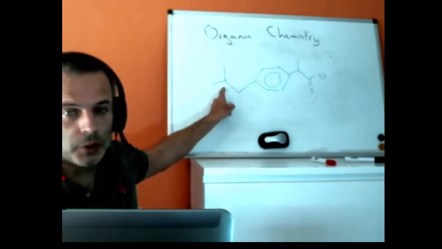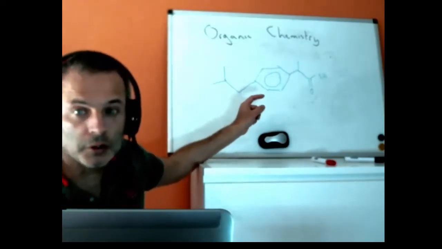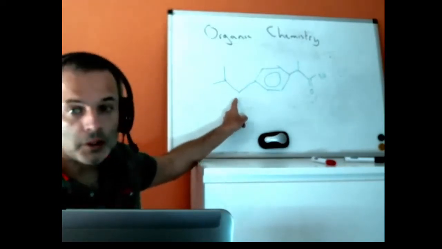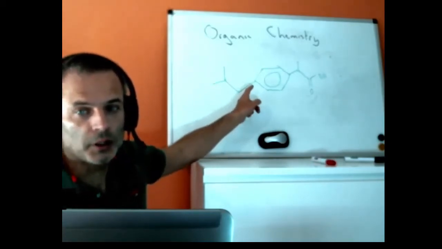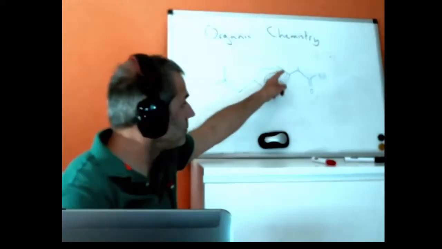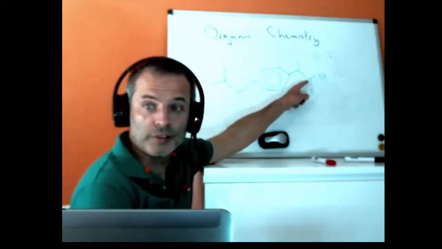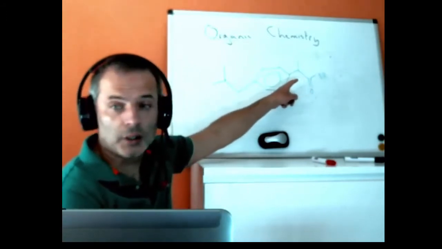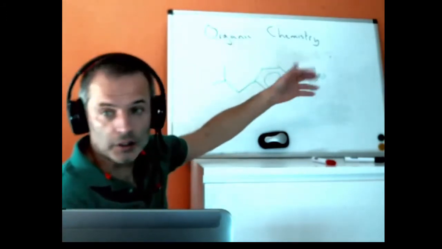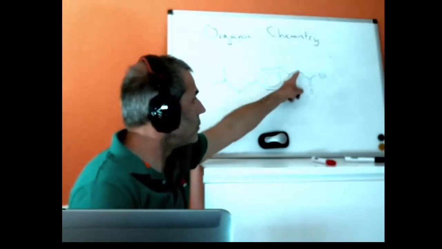This carbon has two methyl groups, so it can't be a stereocenter. This carbon has two hydrogens, so it can't be a stereocenter. Two of the groups are the same. These are all in a ring. This carbon is flat. It's an sp2 hybridized carbon, so it doesn't have two forms, so it should be this